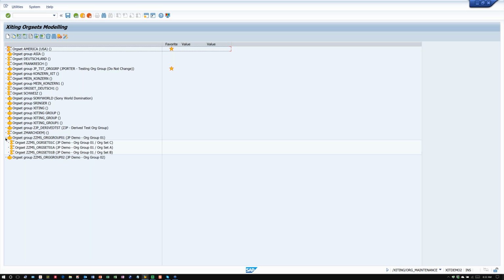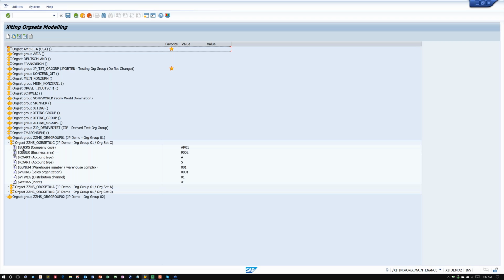All right, so down here we've created a couple of org sets. These are actual org groups, so you can have nested groups. You can have groups within groups within groups. So you can basically build your entire org structure here. These are org sets. And under the org sets, you'll see the values, okay? So you recognize the values here. So we have company code, business. This one has several different ones in here. We can add